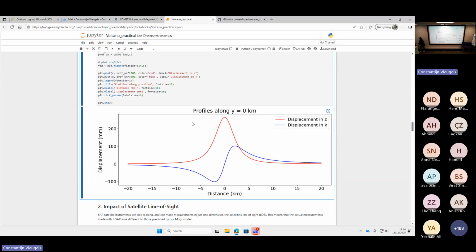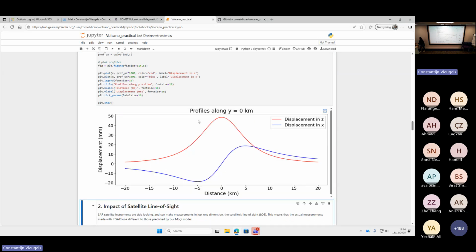And therefore, despite this lower magnitude of displacement, for example, in the vertical axis, you will see that the deformation, as it's deeper, becomes broader. The deformation will cover about 20 kilometers instead of the 10 kilometers that we see